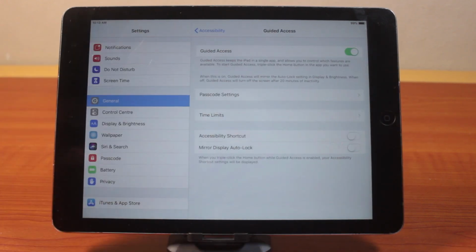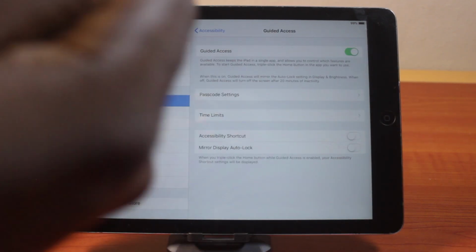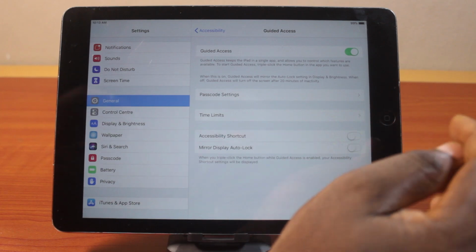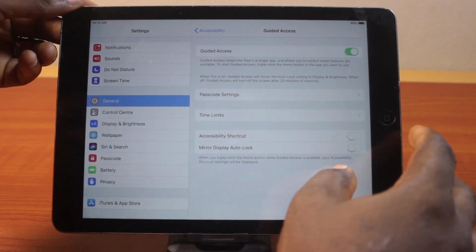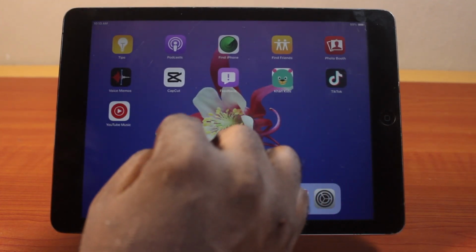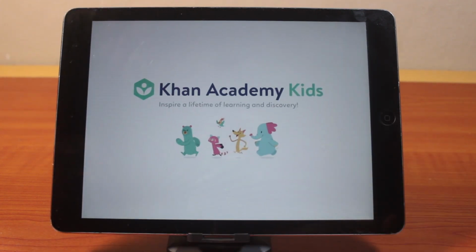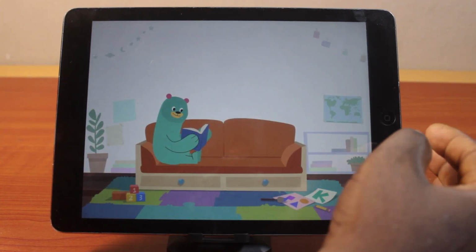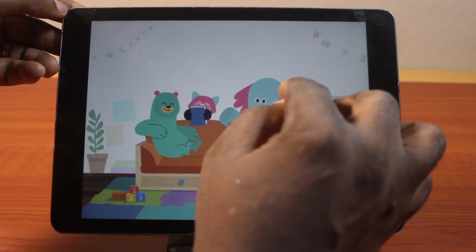Now, once you enable guided access on your iPad, then you need to turn on guided access by pressing the side button 3 times. So go to the app whose guided access you want to enable. So let's say I want to enable guided access on Khan Academy for my kids. Just come here, turn on